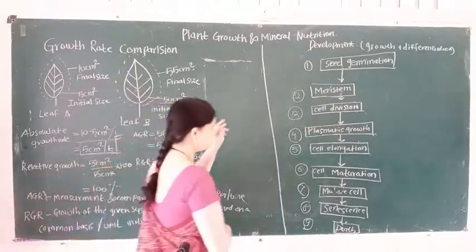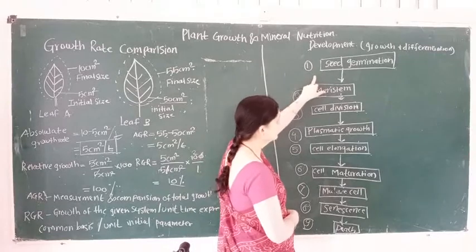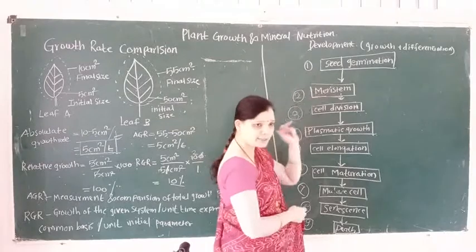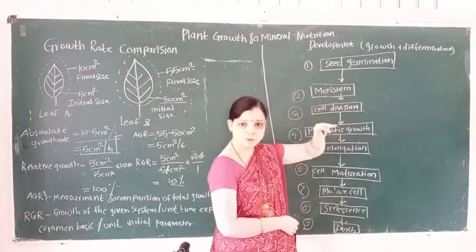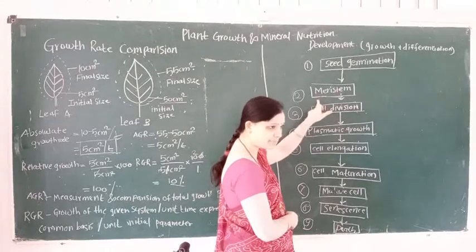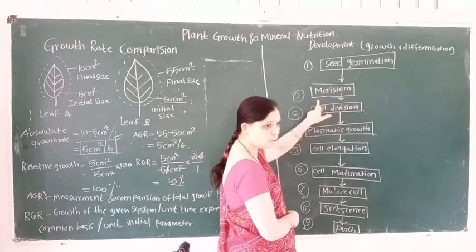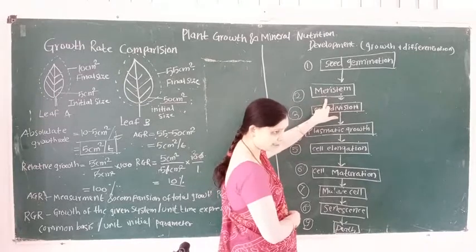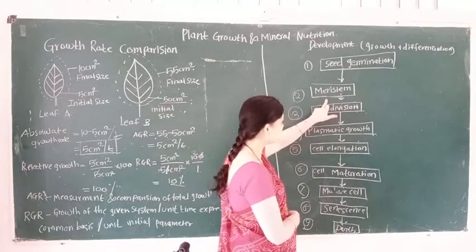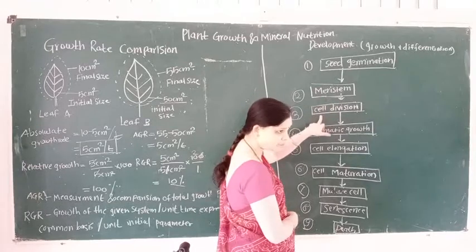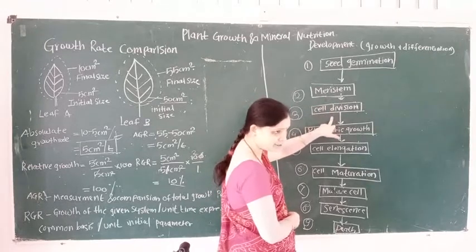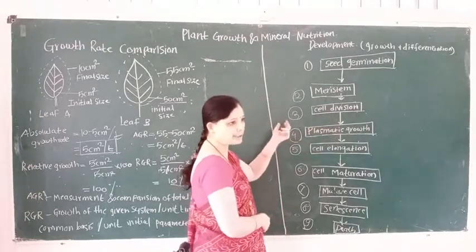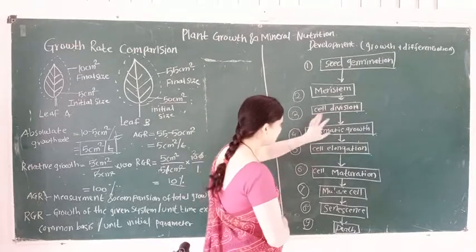So here we learn the first steps in development. First is seed germination, that is, the embryo is converted into the seedling. Second is the meristem. In plants, important tissues having the ability of cell division are called meristematic tissues. These meristematic tissues undergo cell division, and cell division means formation of 2 or 4 daughter cells. And then next,